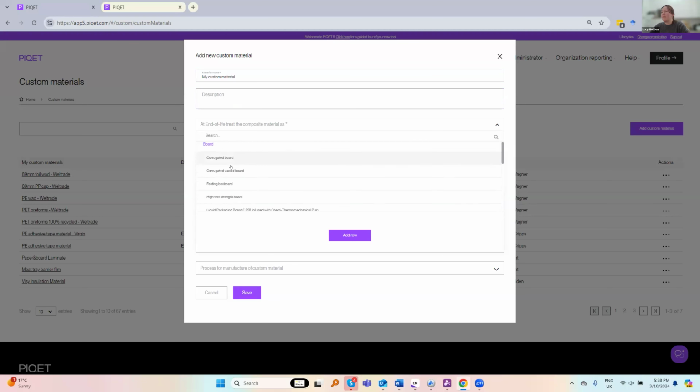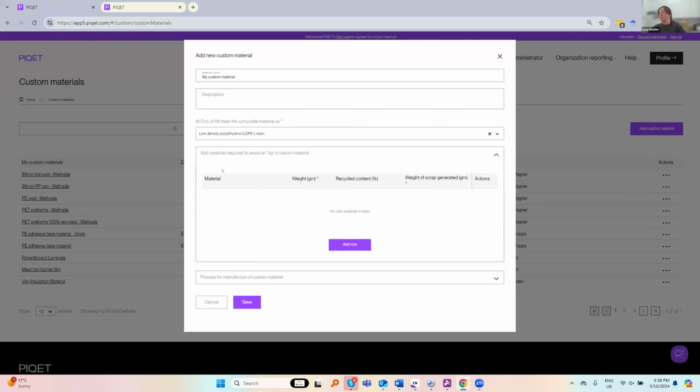So if it was mostly an LDPE based material, you'd pick that one here. And then the next step is to add the materials required to produce 1 kilogram of that custom material. So if it's 1 kilogram and it's 80% LDPE and 20% recycled HDPE, then you'd add in,